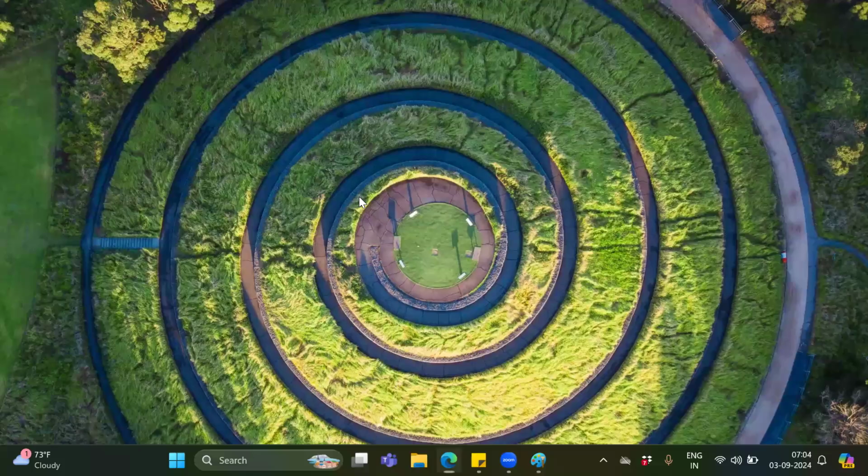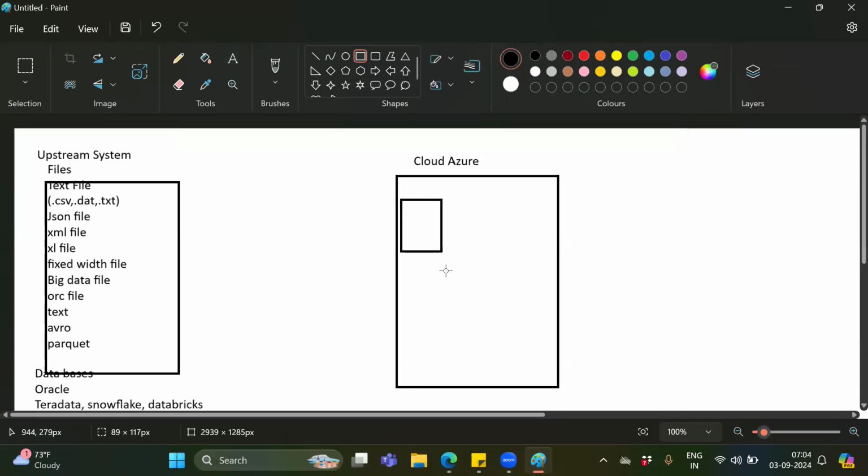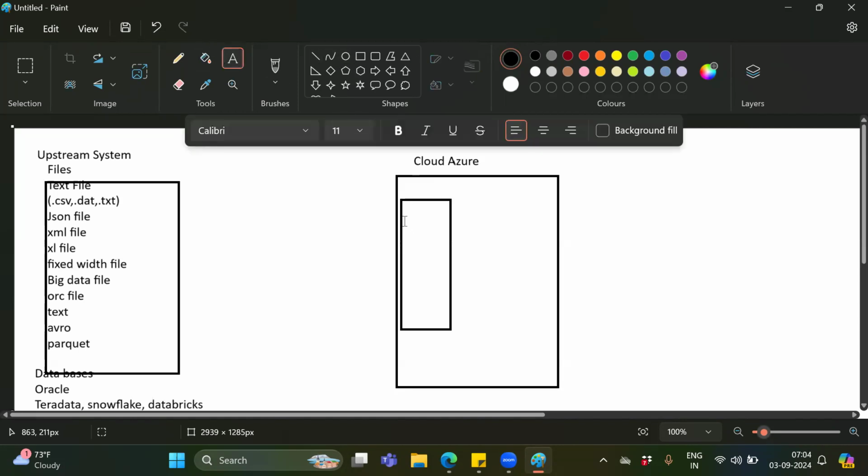But what you need to understand here is that you will have one location where your file will be stored. That is called a blob in Azure. First, you need to create a container. You might have seen containers, right? Which store the products.